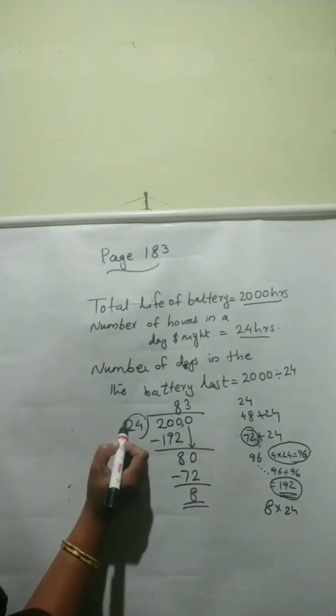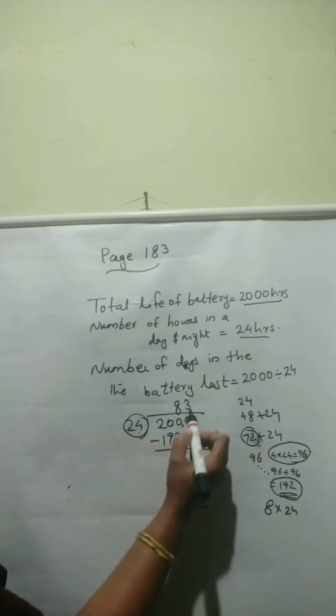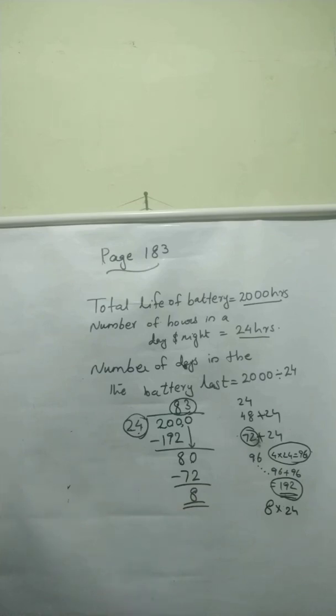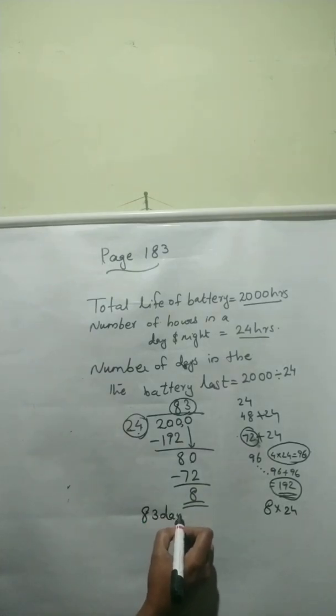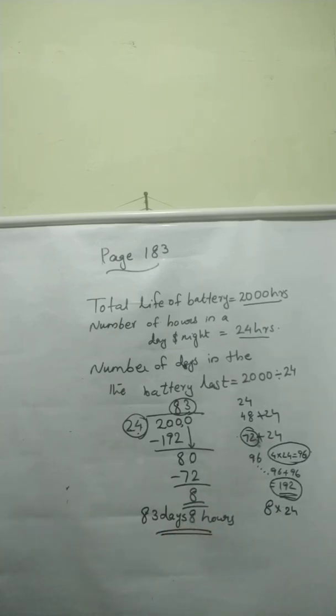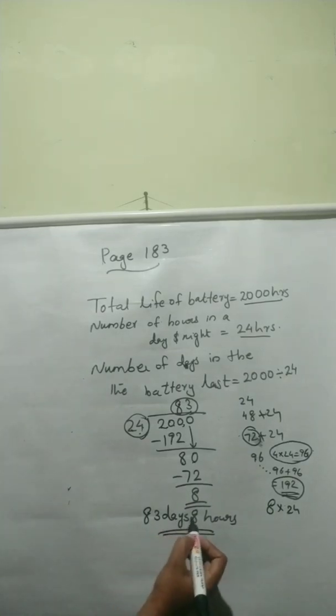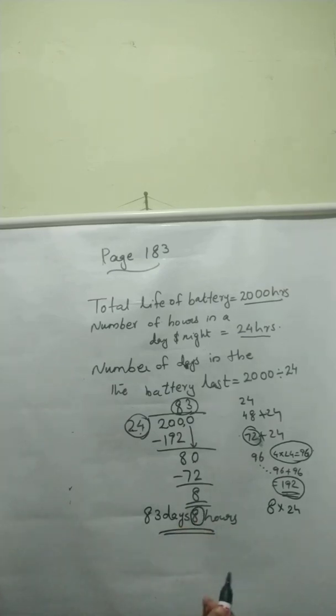This is for 1 day, 24 hours. So 83 days will be there, 83 days and 8 hours. Clear? 83 days and 8 hours. So we know that 8 hours will be